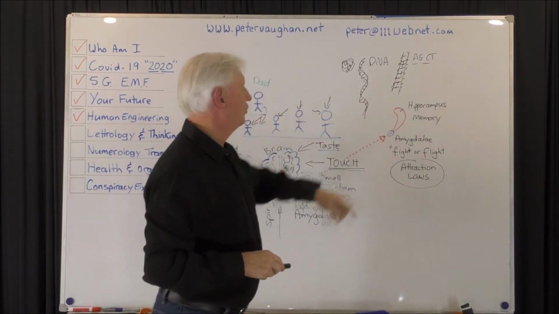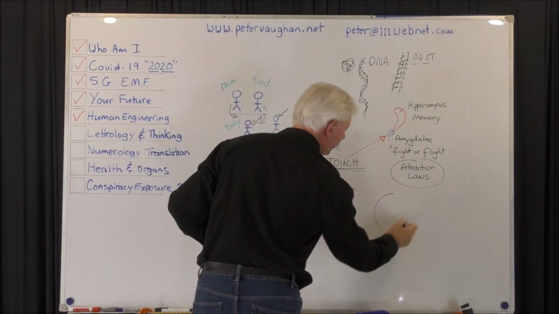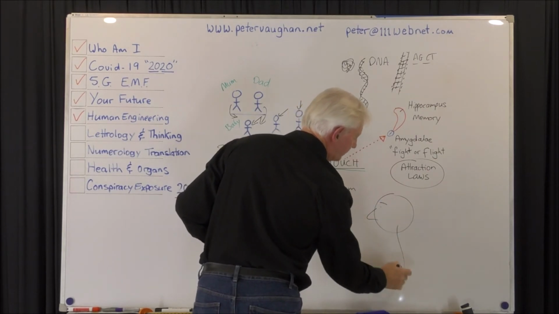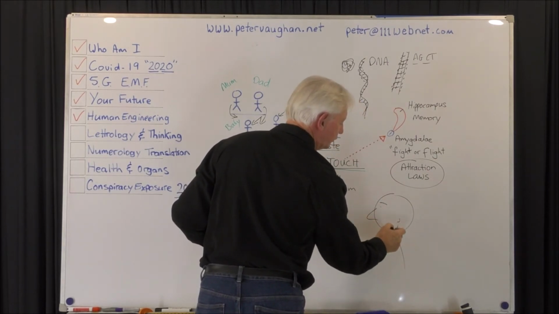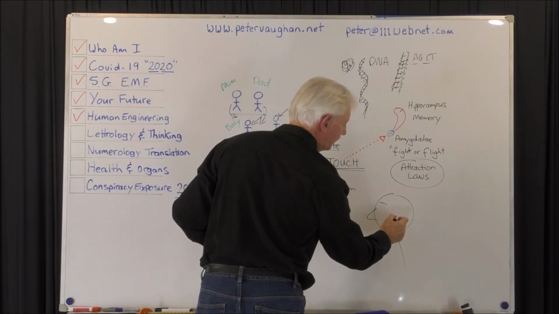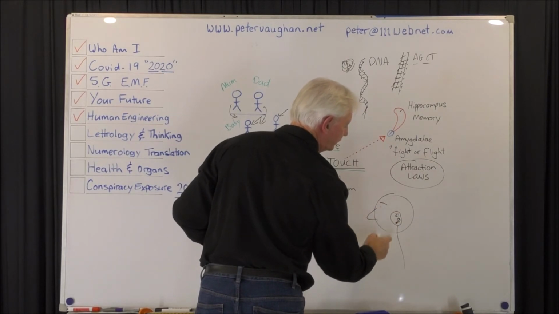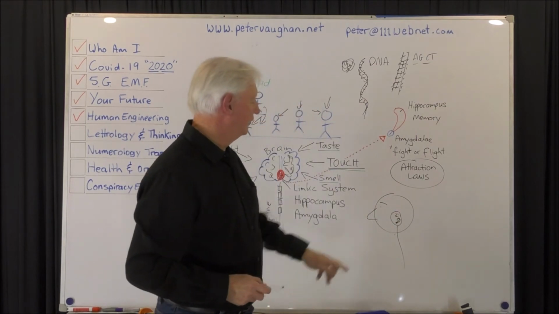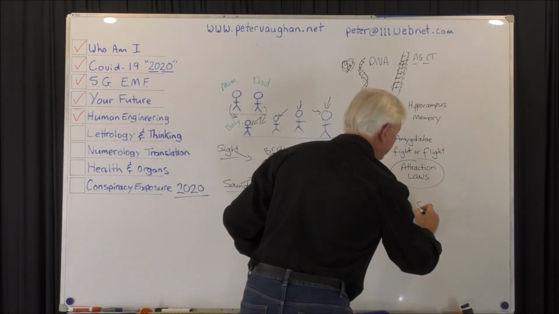Now I've done a bit of a drawing here inside your head, and if that's your nose and your eyes are there, your amygdala and your spinal column's coming in about here. Inside here you've got your amygdala there and your hippocampus there, and you've got your other glands up in here in the chemistry and the limbic system, thyroid down here. And this particular part, your animalistic part, is literally your survival mechanism.